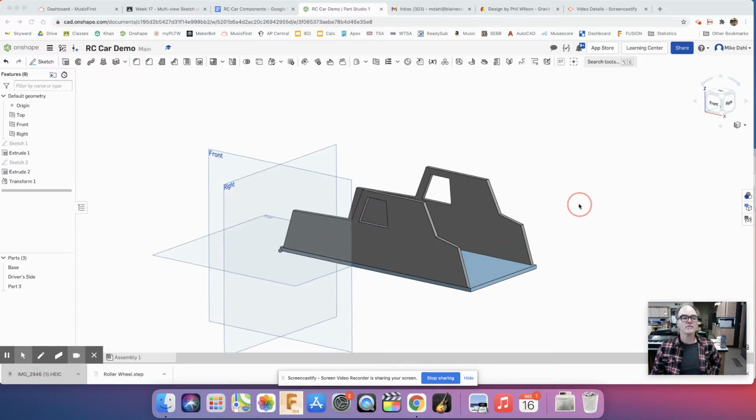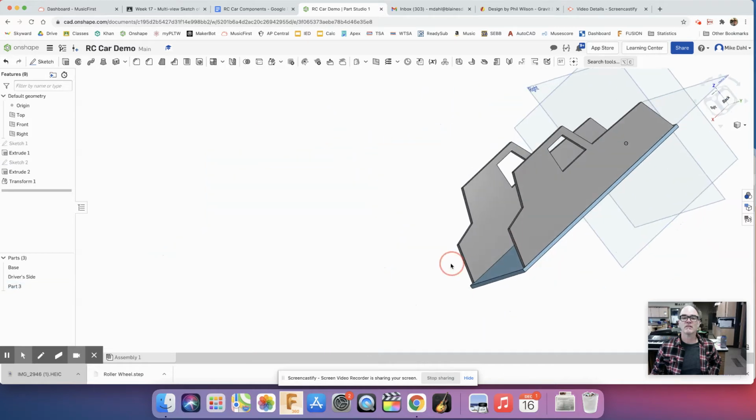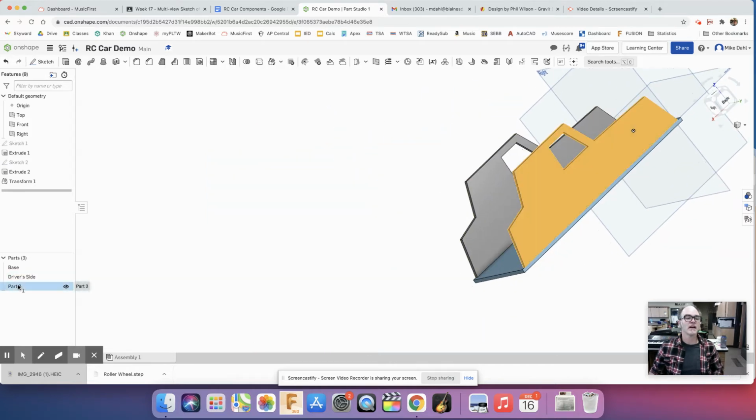So now I want to do this new part here that was created, called part 3. I'm going to call that the passenger side. So I'll rename that passenger